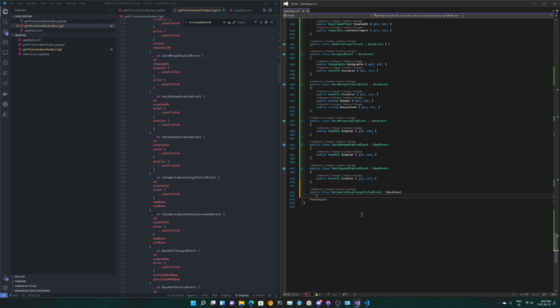Base event. All right, so this thing even reminds me that I need to add enablers. Now this time, I hope. So basically we just need new base and old base, and they are basically just strings. So new base and public string